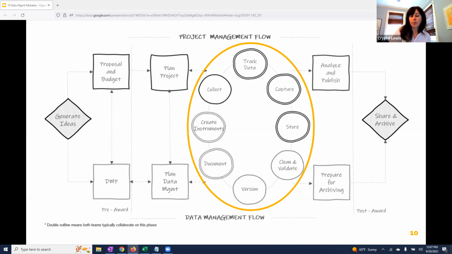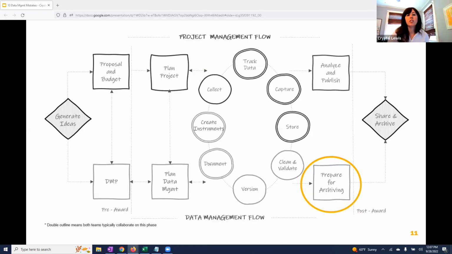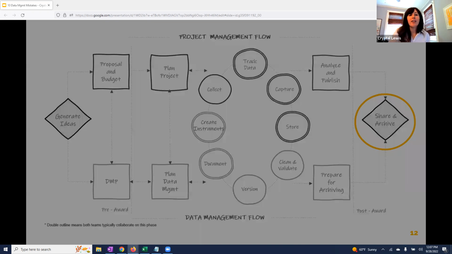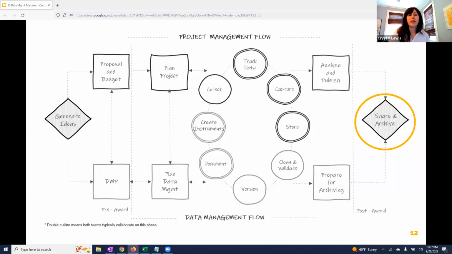And then once you've wrapped up all your data collection activities and you're preparing for the end of your project, you're usually analyzing and writing up your results, while also possibly doing some additional preparation for archiving your data. And then hopefully you're able to publicly share your data for others to use for their own analyses or replications. But along this entire research lifecycle, many mistakes can happen at any point, and that's what we're going to talk about today.